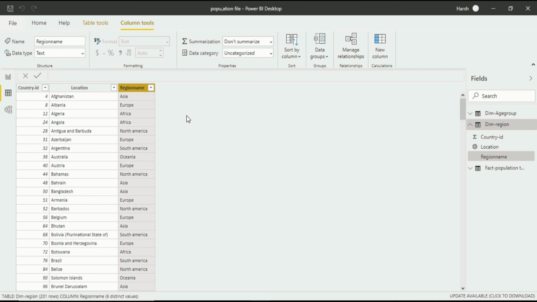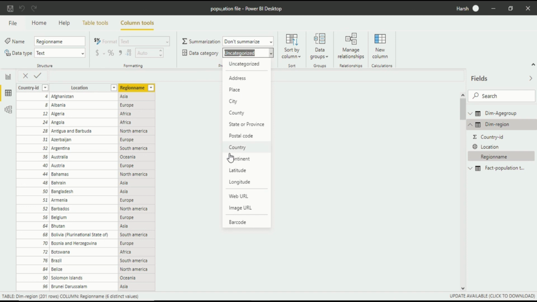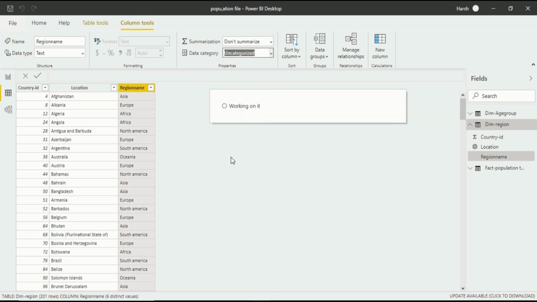So you have to categorize that, which will help you in visualization as I've previously told you. So again we go into the data category, click on it, and you will see a continent option. Click on continent. So this is how you will categorize your data in Power BI Desktop, and this categorization will surely give you a much upper hand in visualization.